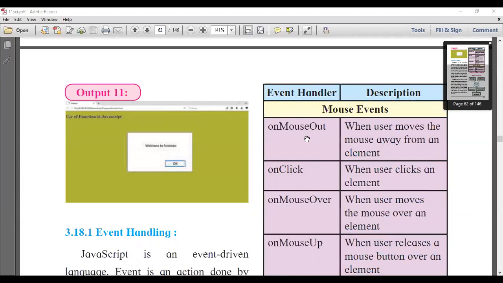What does onmouseout say? When the user moves the mouse away from an element. See, I am moving this mouse pointer on this OK button. When I move this mouse pointer from here to outside, the onmouseout event will trigger for this particular button.